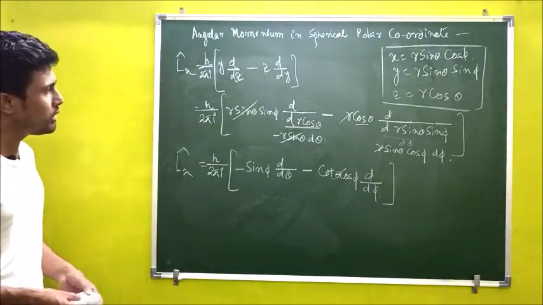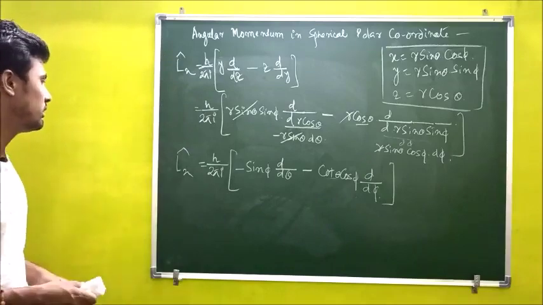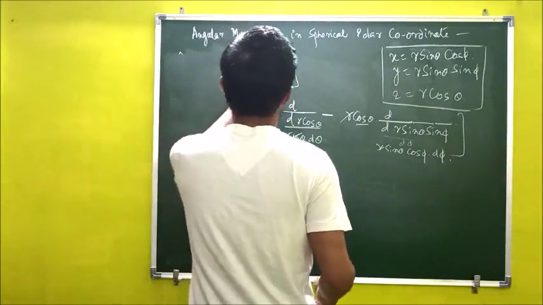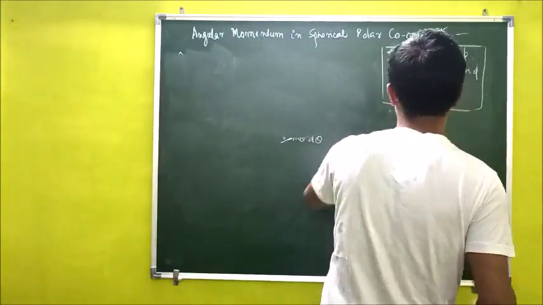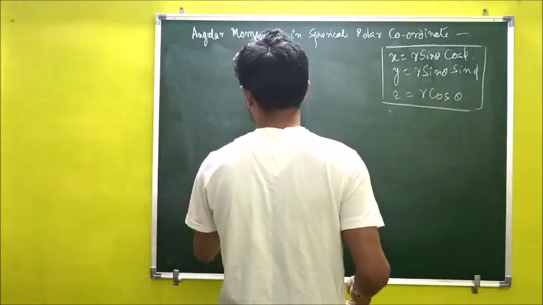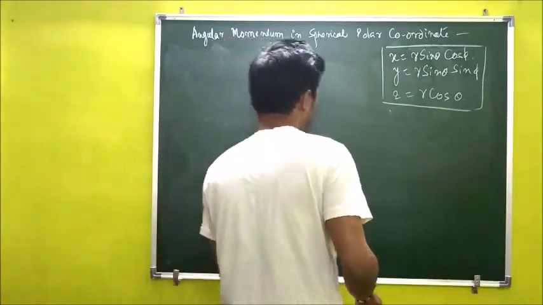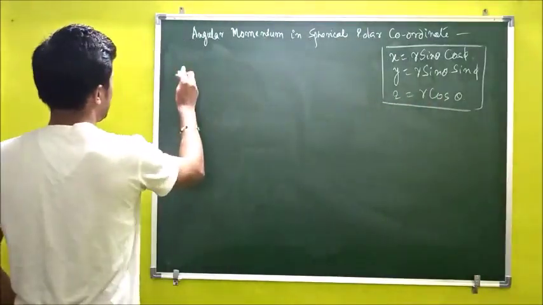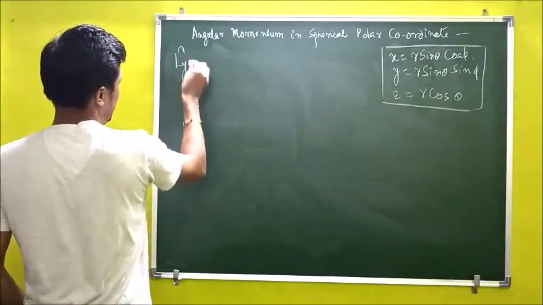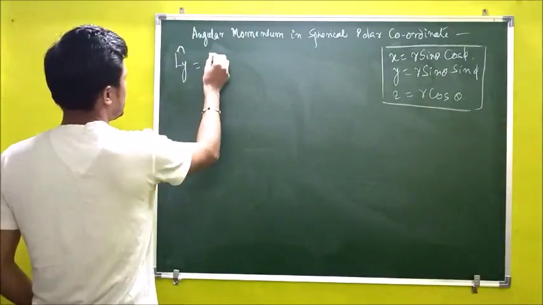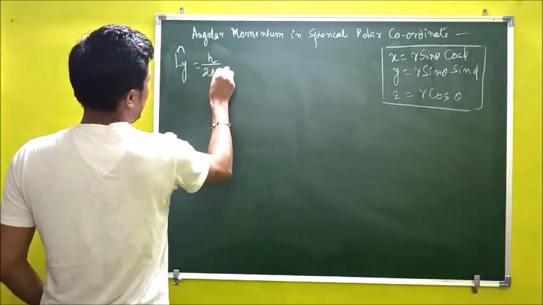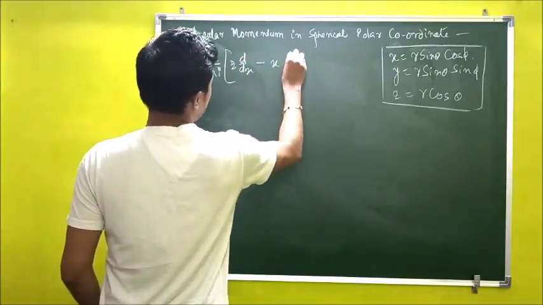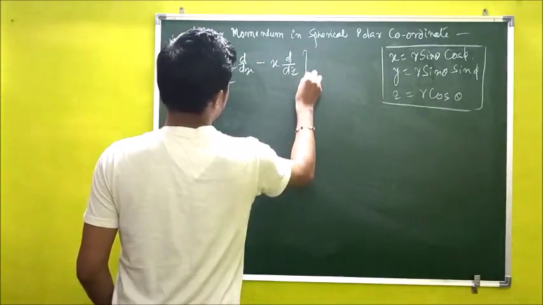So now we'll calculate in the same way the L of y, that is the angular momentum operator in the y-axis. I am telling you again, these results are not accurate. You have to make the change at the end of the result. So let us see, L of y is equal to h by twice pi i, z into d of x, minus x into d of z.